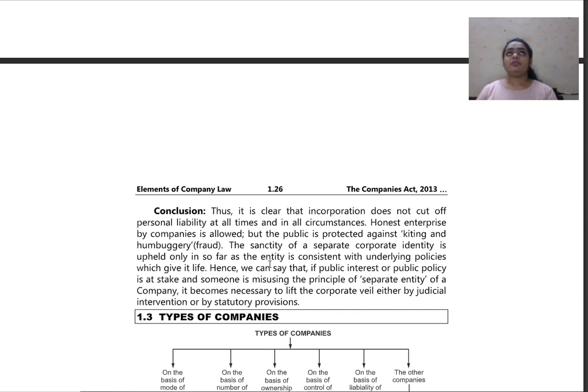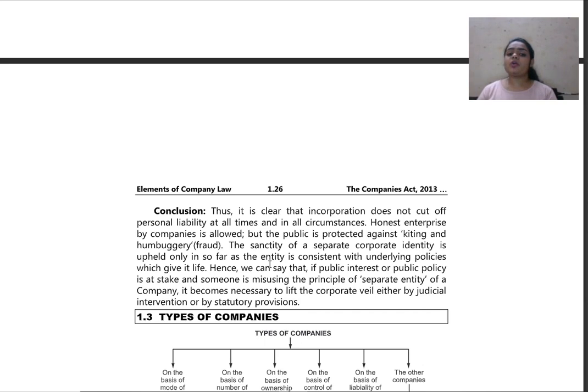So, with all the points which we studied about the corporate veil, we can say that the shareholders of a company have limited liability, but personal liability shall always be in consideration, because the court or the law shall see to it that the public interest of the people who are residents in that place, and the shareholders, shall be given more protection than the members in the company, because a company is an artificial person and these people may commit frauds or take away the hard-earned money of normal individuals.